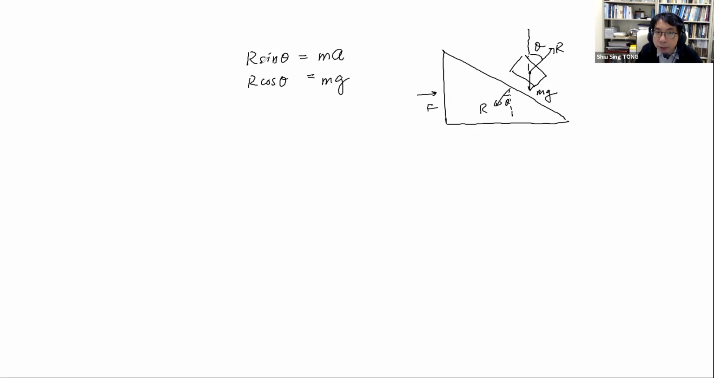You divide the two equations and you get rid of R. And so a over g is just what? It's just sine theta over cosine theta. And that is tangent theta. Is that right? When you apply,